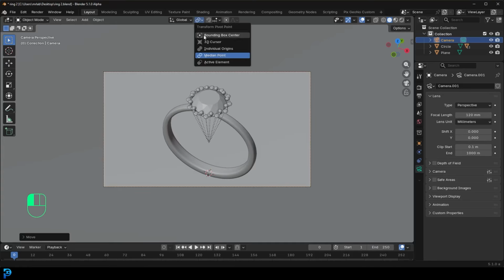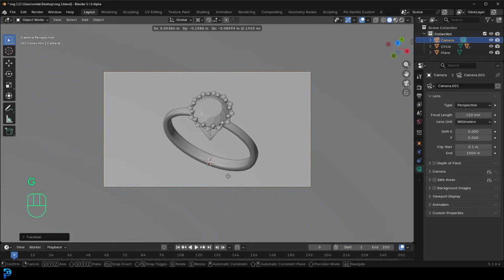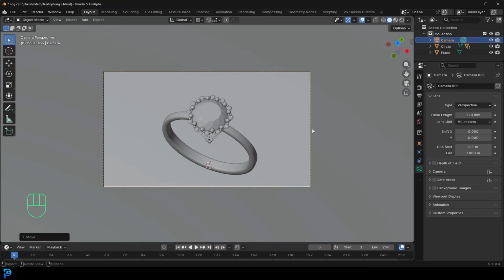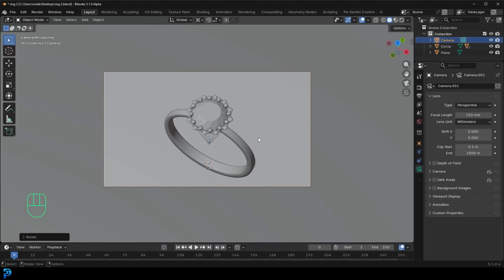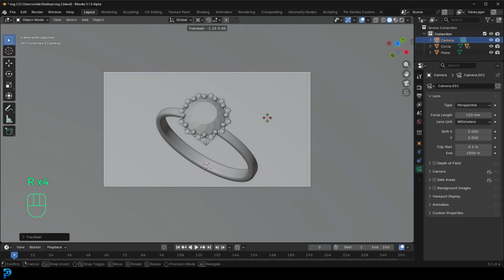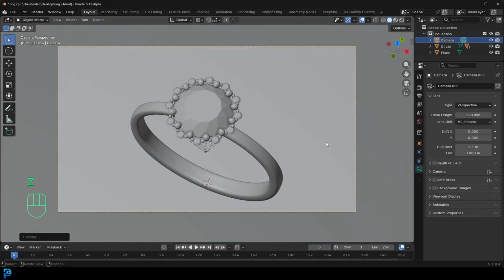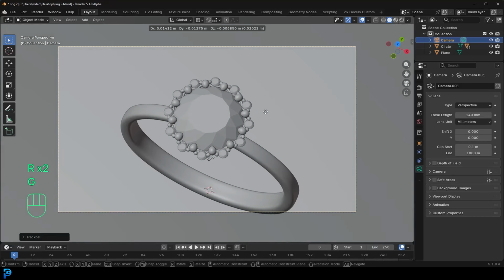And then I'm going to go over to my 3D cursor. Because I have my camera selected and my 3D cursor is in the middle, I can double tap R and I can kind of rotate my camera like this. So I'm going to go something like that. I think that sort of angle looks very good in the diamond ring world. So I'm just rotating my camera till I get a shot that I like. Might go in even closer, get as much of this ring as I can. Okay, we can always adjust it a bit later, but you get the idea, right? Maybe I'll just take that focal length to like 140 maybe even. There we go. That big focal length, narrow focal length is also going to give us a nice depth of